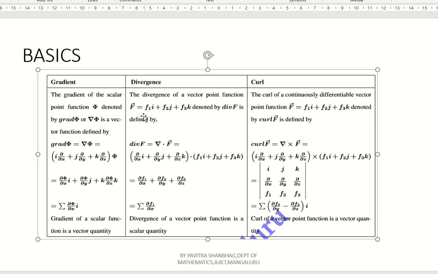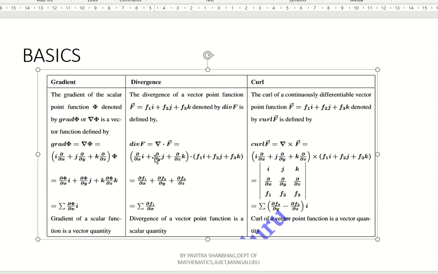But here we have chosen a vector quantity, but operating with the divergence operator, we are getting the answer in terms of a scalar because there is no i, j, k, right? So we can call it, divergence of a vector is a scalar quantity. Understood? Now, you can easily remember: divergence means dot product, d d. Similarly, curl means cross product, c c. You can remember like this also.